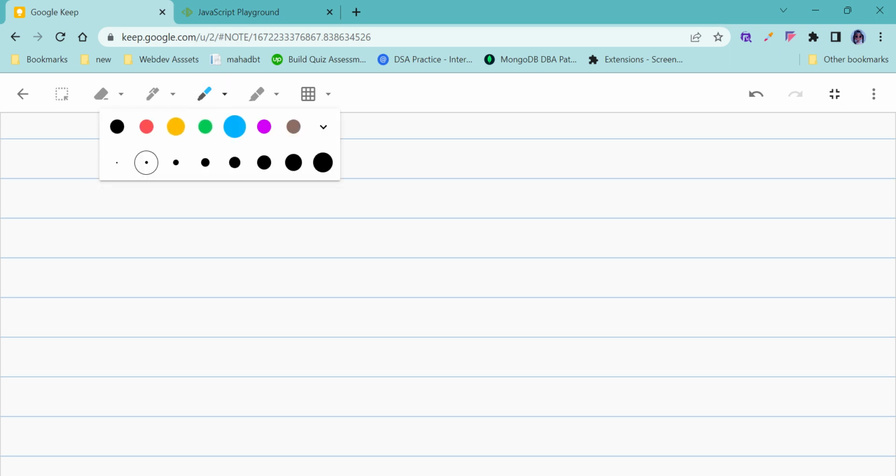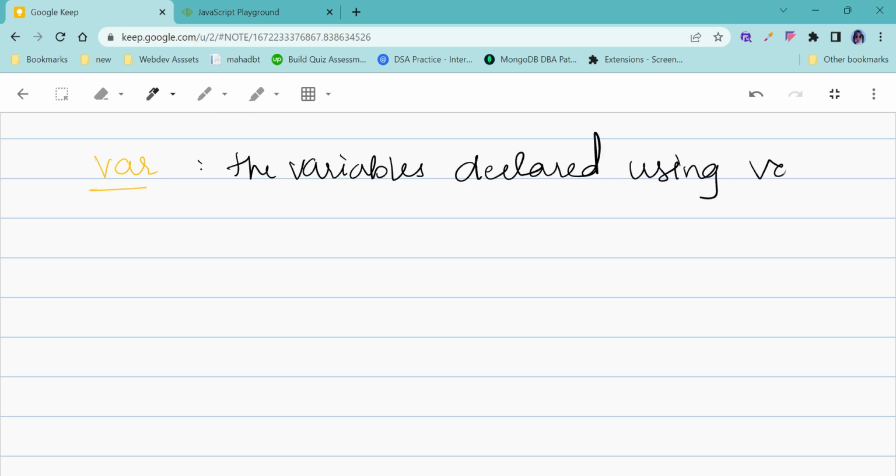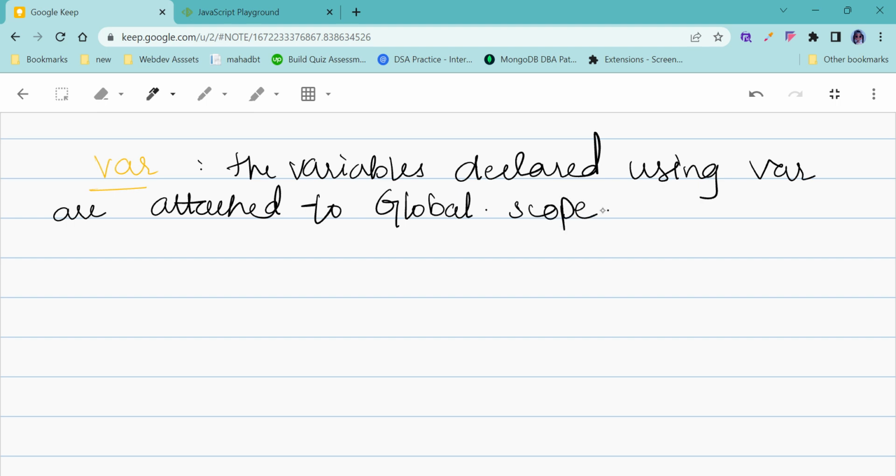Since there are these three, var, let, and const, first let's see what is the difference between these. First is var. Var is used to declare variables. The variables declared using var are attached to global scope, or